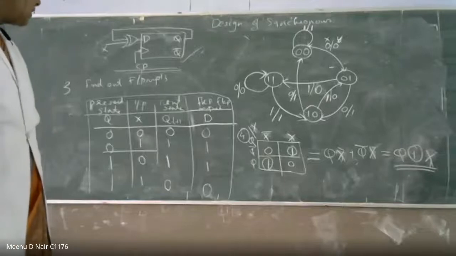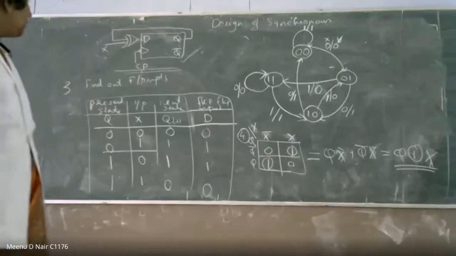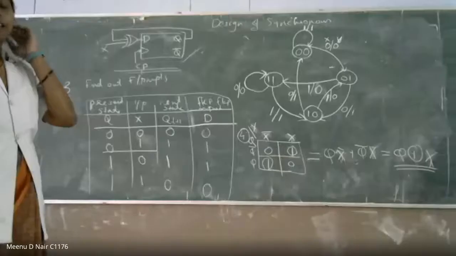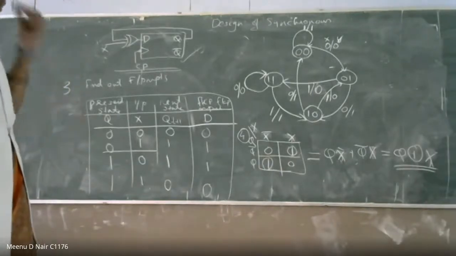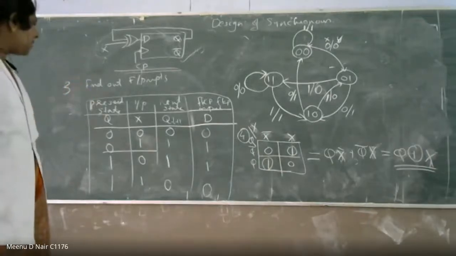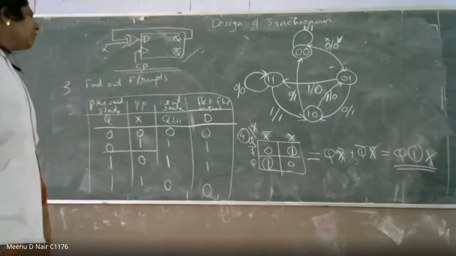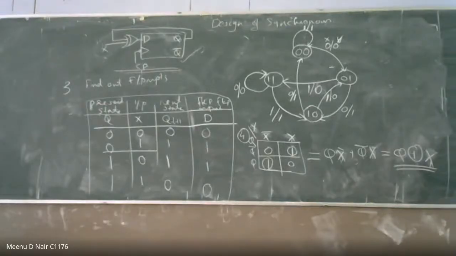I don't think they will have any doubt here. The only problem where I got stuck is the use of the letter T in the fourth step. No, actually we consider it as X only. It is good that we use the input variable as X rather than T. The first circuit diagram was in my mind, so I used the term T. But in the state diagram we represent it as X only, so we have to change it to X. That way it will be clear, madam. No issues, we can proceed.